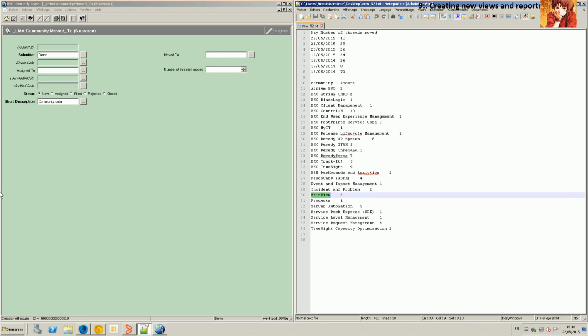Main view 2, products 1, server automation 5, so this one 1, SLM 1, SRM 4,